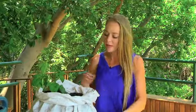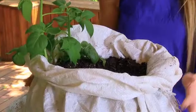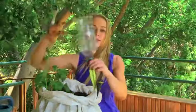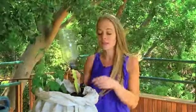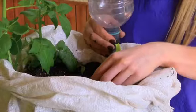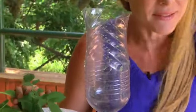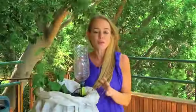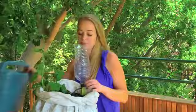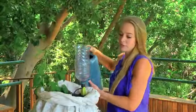Right, so we filled this bag up almost to the top. We're going to water it and then put in our waterer so that it can keep watering on a high drip. This is our drip irrigation system that we have in here, and you need to wait until the plant dies completely. Once that happens, you then are ready to turn out the bag and harvest your potatoes. So let's fill this up. First we're going to water, and then